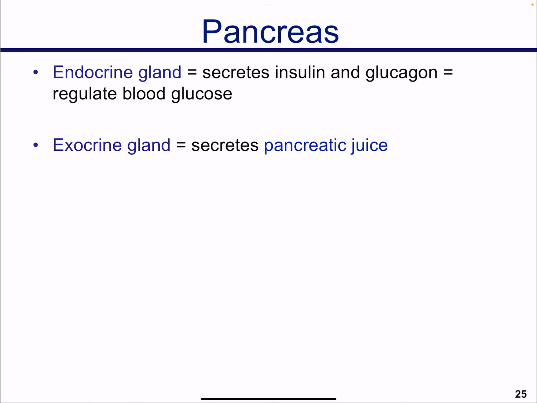All right, now let's take a look at the pancreas. The pancreas is an organ that plays two roles. It's actually a gland as a whole. It's two types of glands at the same time. It's an endocrine gland and it's an exocrine gland. But what is the difference? An endocrine gland is going to release its content in the blood, and that content is going to travel and target some